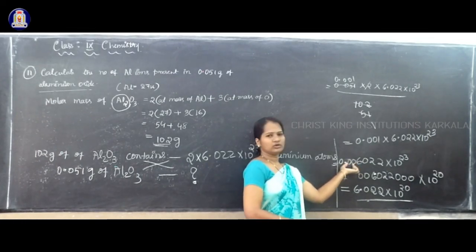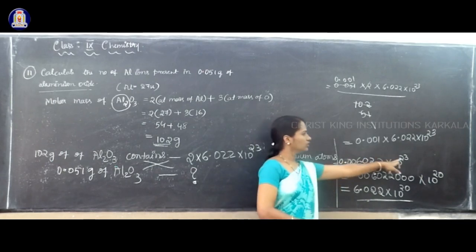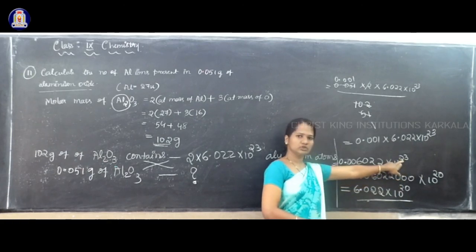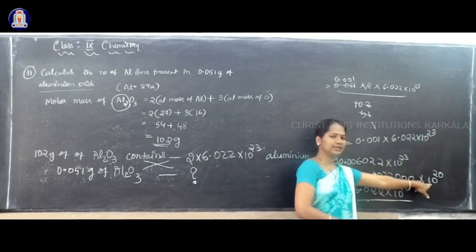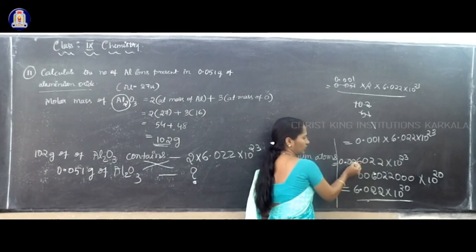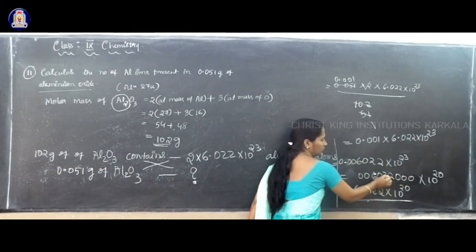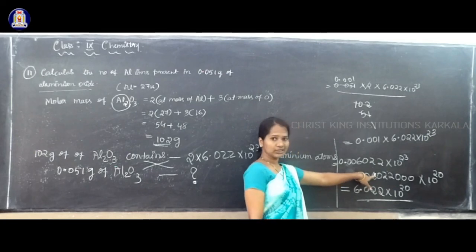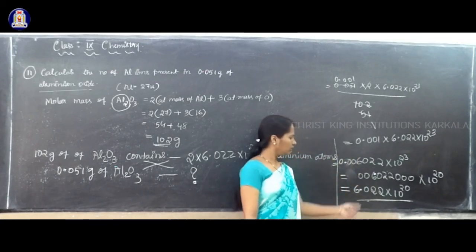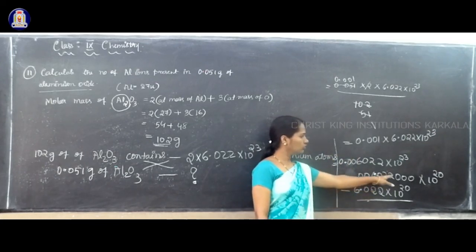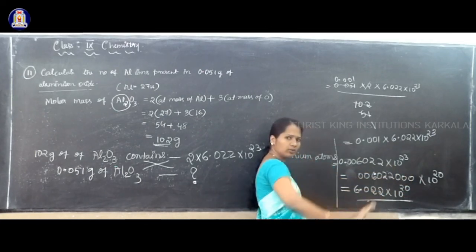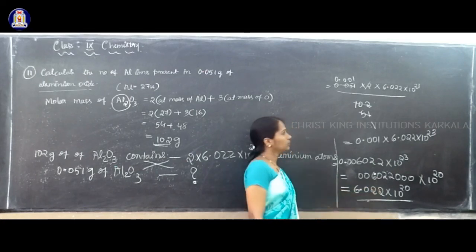This looks somewhat unpleasant to see. So this 10 to the power 23 we already have. In that I remove 3 zeros from here and put them here, and I take this as 10 to the power 20. Now put the decimal place, count 6 places. After 6 places you put the decimal. You write it as 6.022, and the zeros have no value. 6.022 into 10 to the power 23.